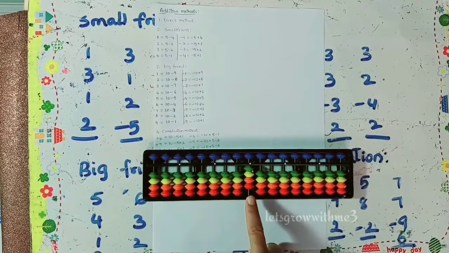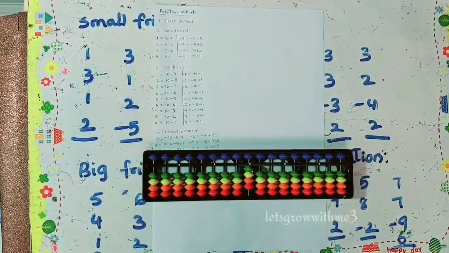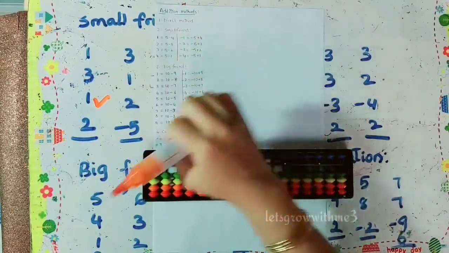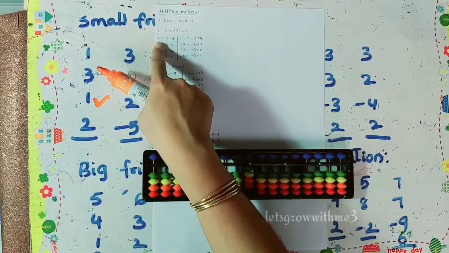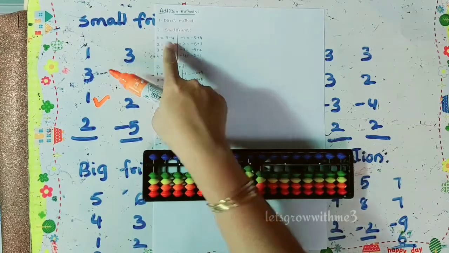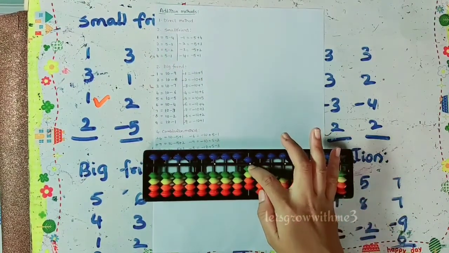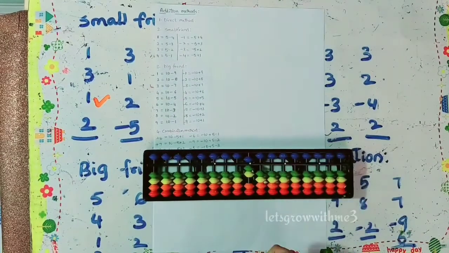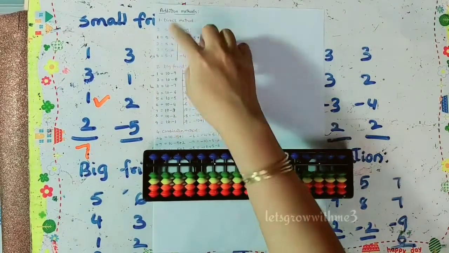So first one 1 plus 3 we can do directly, so we did. Next we have plus 1. So how to add plus 1? We don't have bits here from lower side to add 1, so we need to take up our small friend help, which is 5. Okay, and then what is the formula? You need to add 5 and remove 4 to get 1. So that's what we are doing here, plus 5 minus 4. Next one is we need to add 2. So if you have bits, you add direct. So we did. Then the answer is 7.